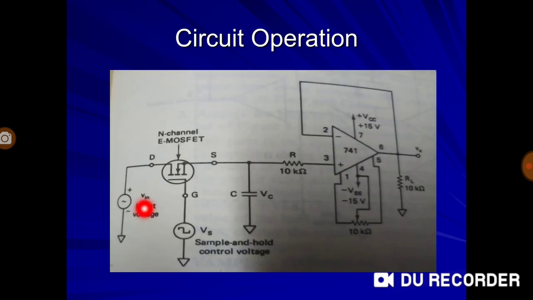It is sampling the input signal when Vs is positive going, or of positive value, and the capacitor C charges. So this is charging and actually sampling the signal. As soon as the control signal goes 0, the input signal does not pass through, but the capacitor is holding the last value constantly. So this is what, in words, we had defined as a sample and hold circuit. This is how we obtain the operation.